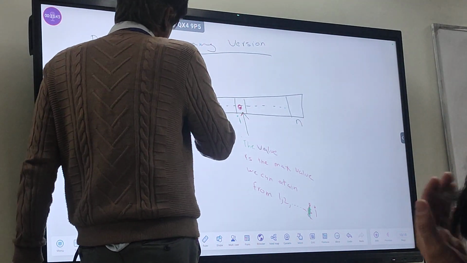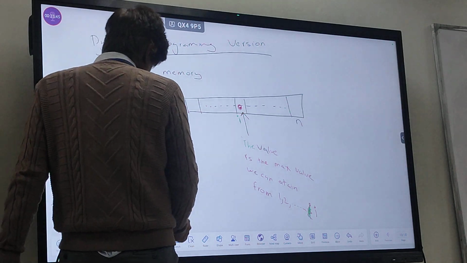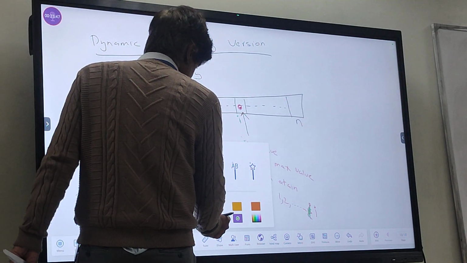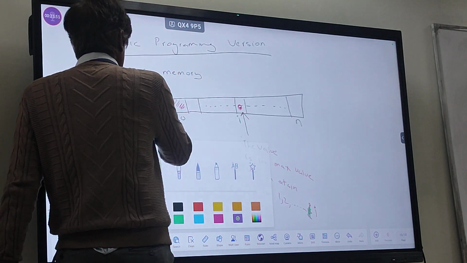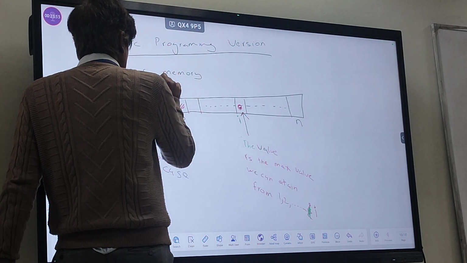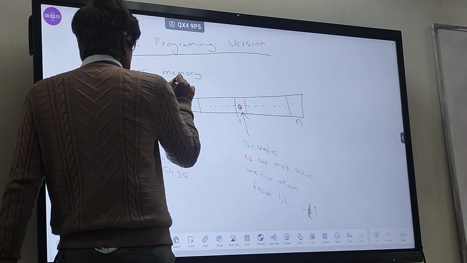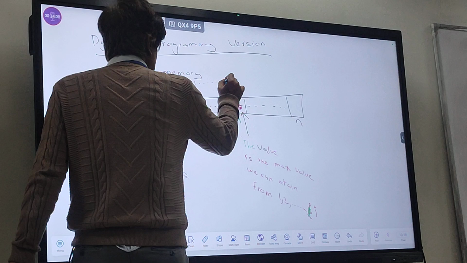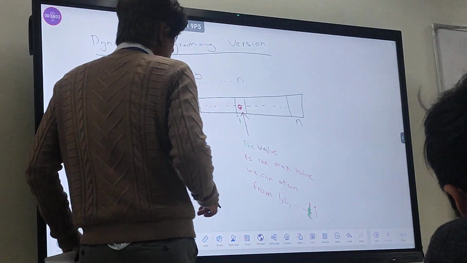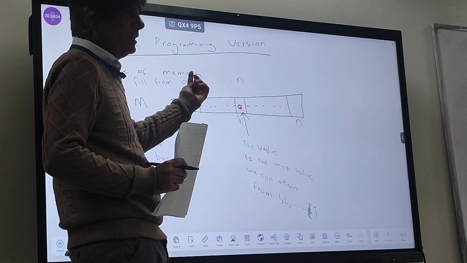And the way we will fill it is to fill from 0 till n. So 0 is the base case.